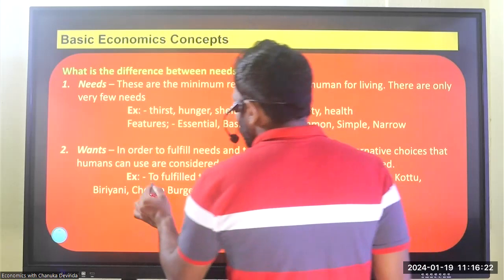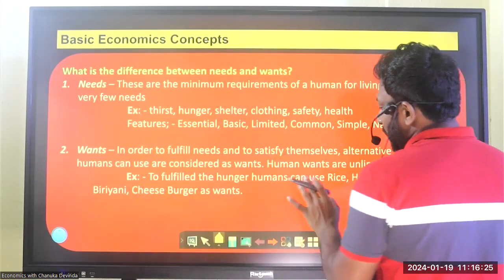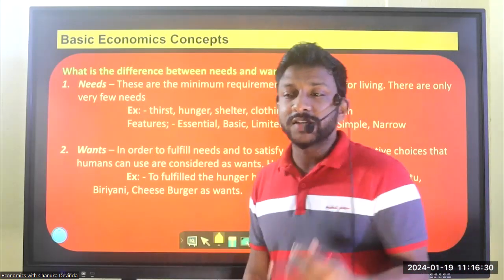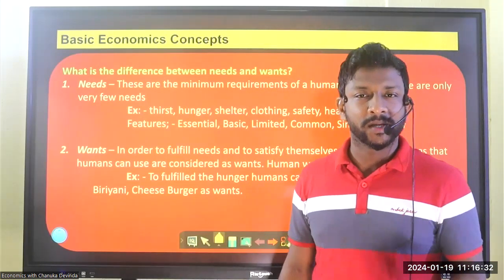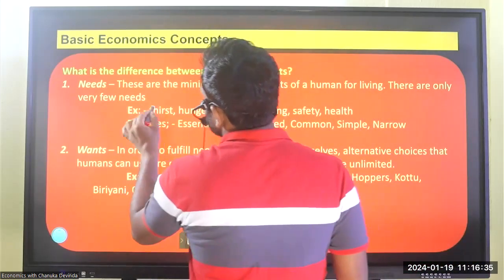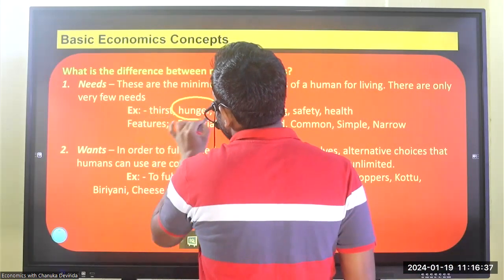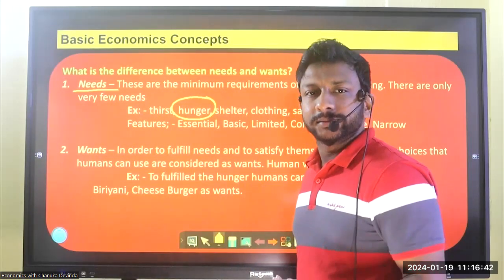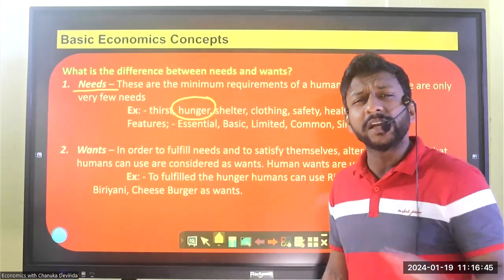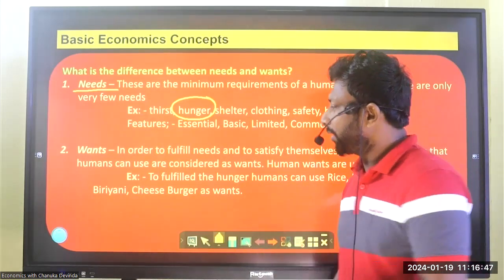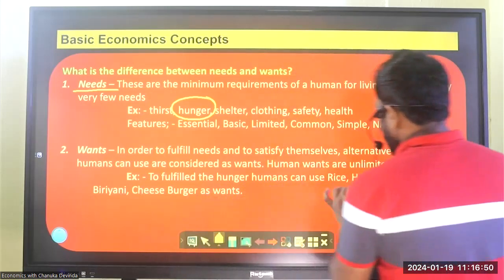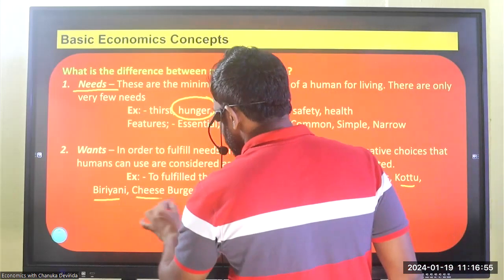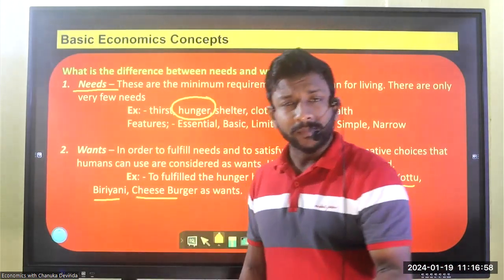For example, to fulfill hunger, humans can use rice, hoppers, kottu, biryani, cheeseburgers, and so on. So the essential part is the hunger, that means the need. To satisfy that, we can identify so many wants. If you want, you can eat rice, hoppers, kottu, biryani, cheeseburger, bread, ice cream,